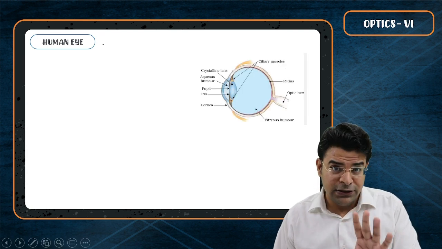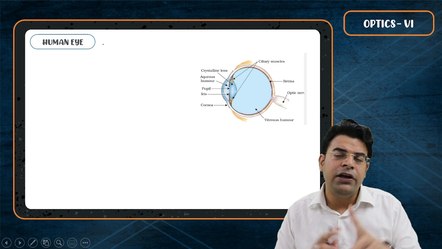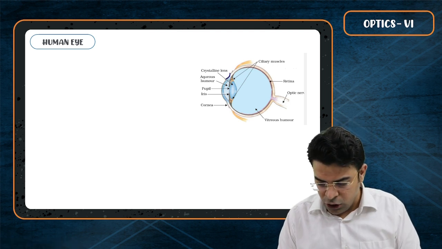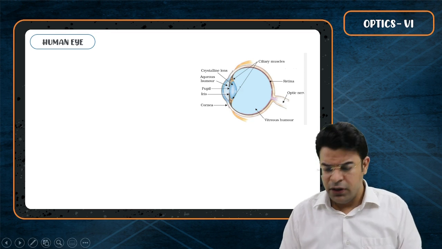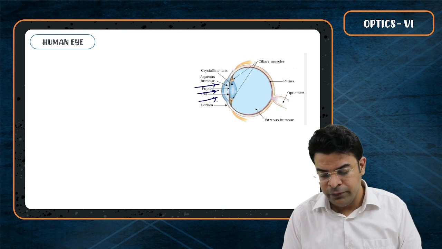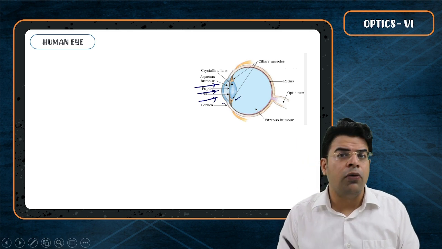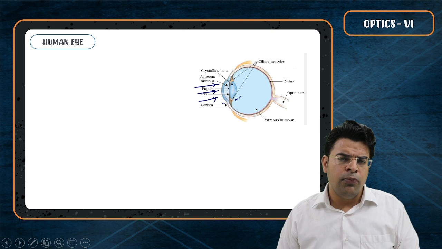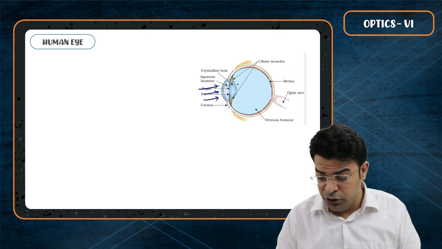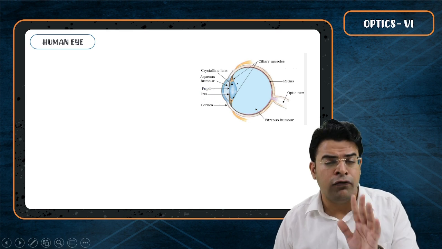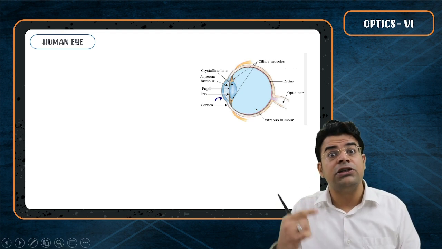I won't talk much here because I know you guys are NEET aspirants and you know the eye better than me. But we need to focus on two things here: one is the cornea, another is the eye lens. If I ask any student, when a ray of light falls on the eye, who converges the rays? The cornea or the eye lens, or both of them, or none of them? Most of the students will say that the rays which hit the eye are converged due to the eye lens, but that is only part of the two. We need to understand that the convergence power of the cornea is greater than the convergence power of the eye lens.